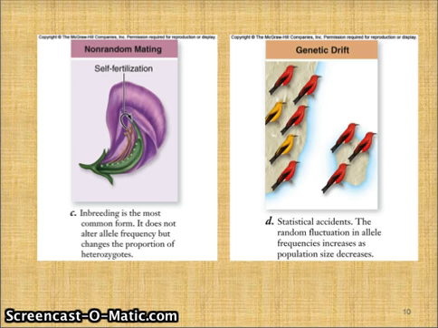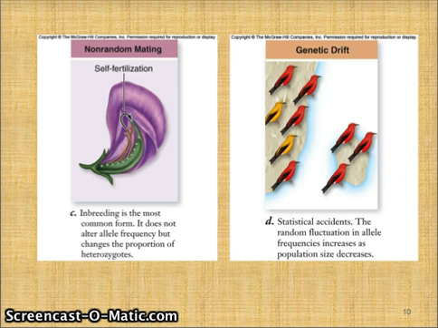And then you have genetic drift. Genetic drift is catastrophe, things that happen that the population can't prevent. Flooding, disease, hunting, anything that will make a big impact on the population, and it's not anything that the individuals chose on their own. In my picture, say for example, the yellow birds are chosen by the environment to be susceptible to disease, and so they all die out, and then you end up with just the red birds.